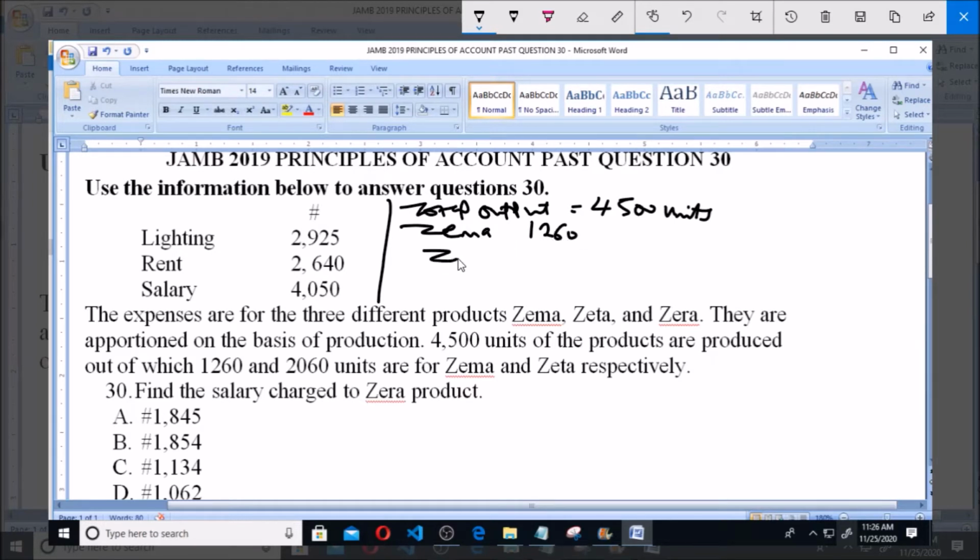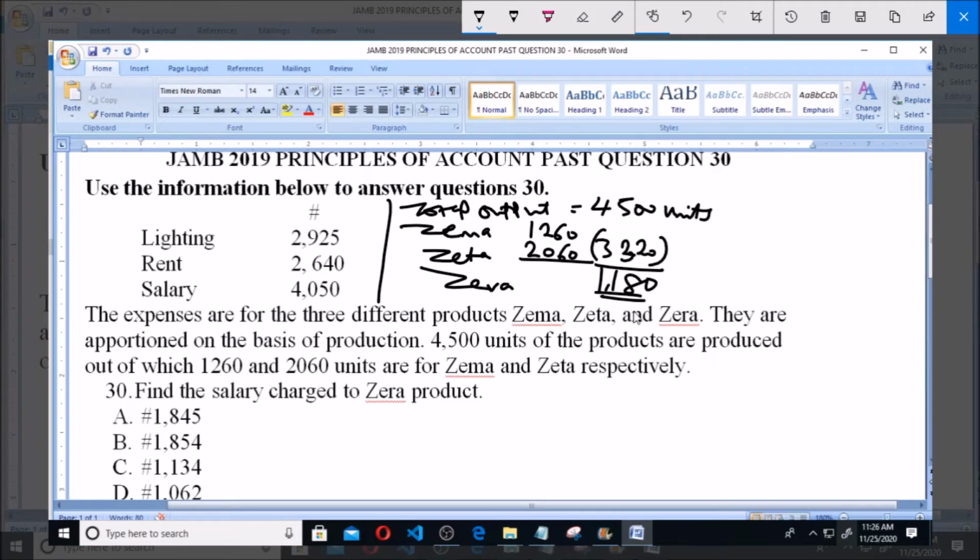For Zeta, her output is 2060. If we add this together we have 3320. So we subtract it from the total units. This will give us 1180. This is for Zara's